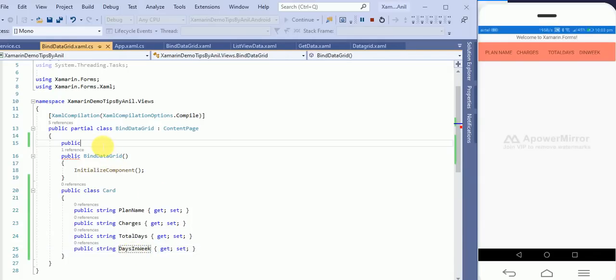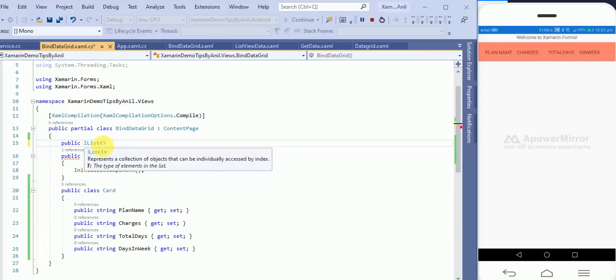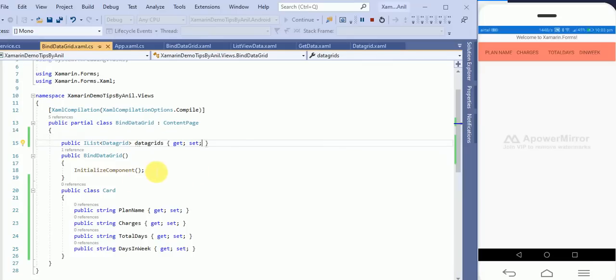Now here I will define an IList because we need to bind an IList. Data grid, and this will be DataGrids, with get and set. In my previous article I already told you how we can bind the data grid.